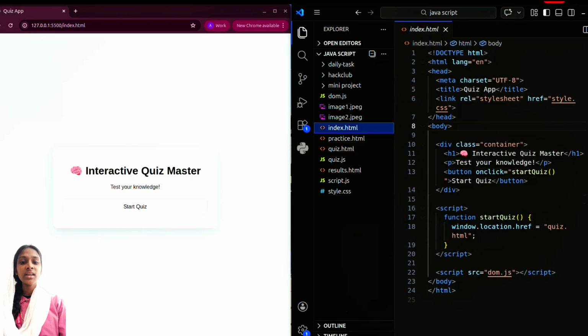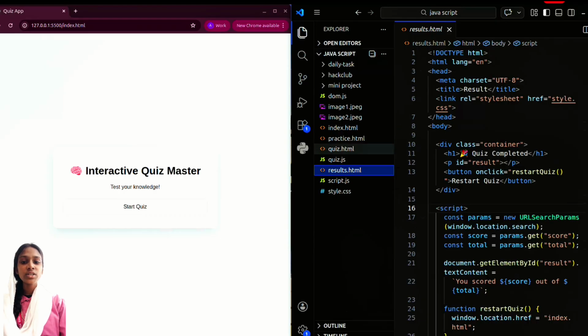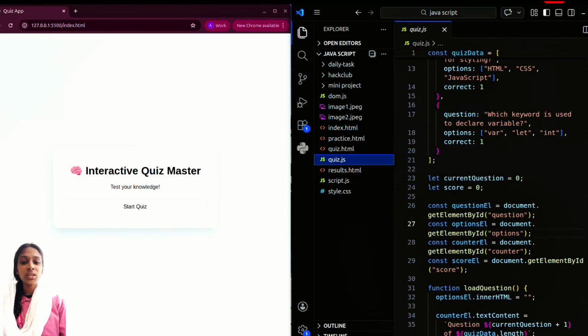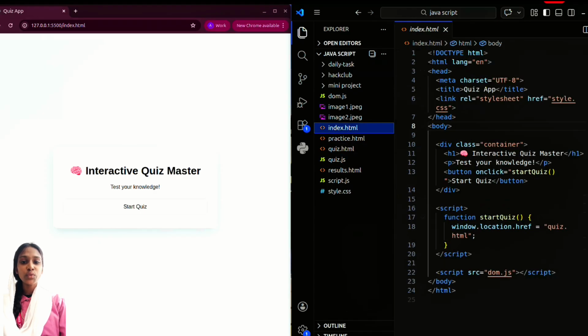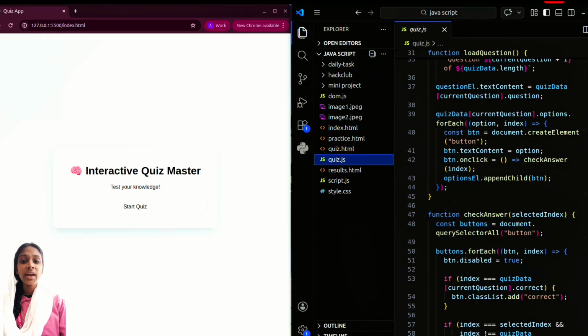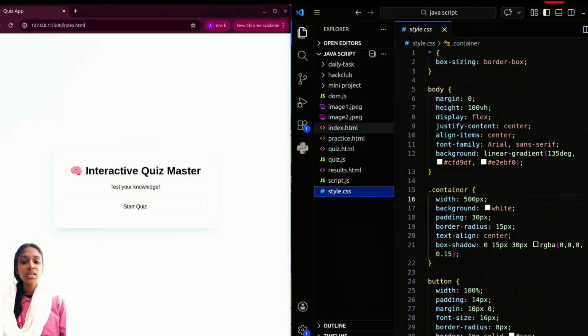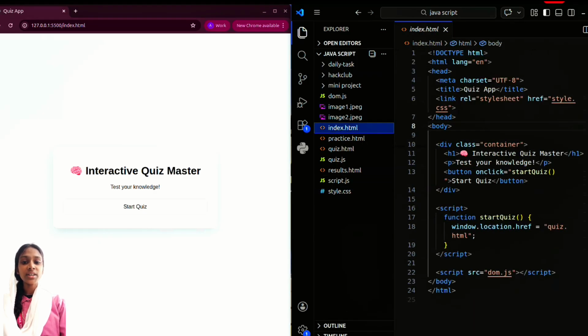The pages are index.html, quiz.html and result.html, and the JavaScript file quiz.js handles all the logic. Here is the project structure: index.html is the starting page, quiz.html is the question page, result.html is the result page, quiz.js is the logic, and style.css is the styling. Understanding this structure is important because real projects are usually divided into multiple files.